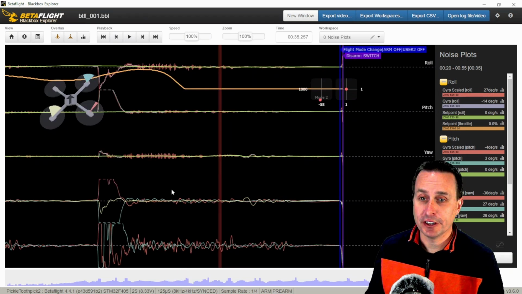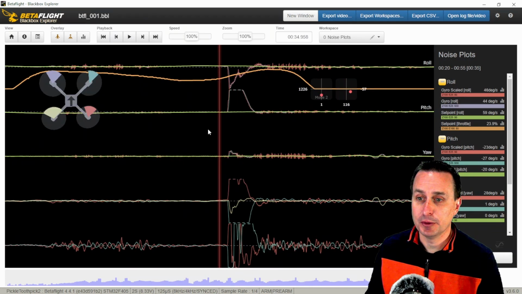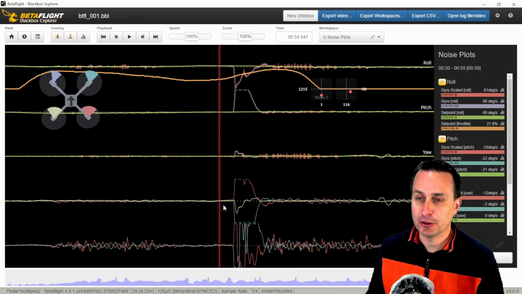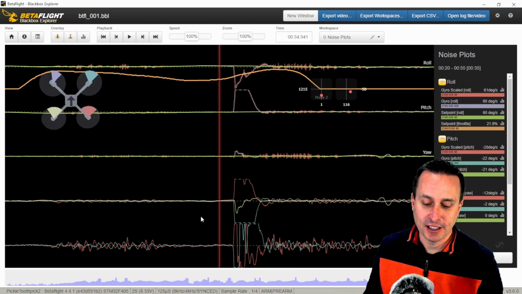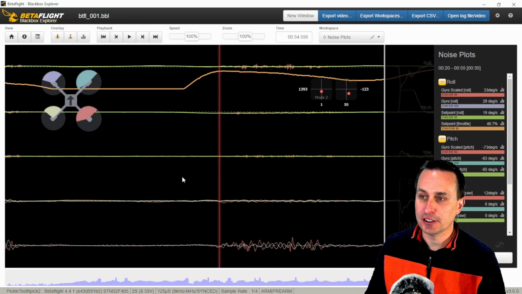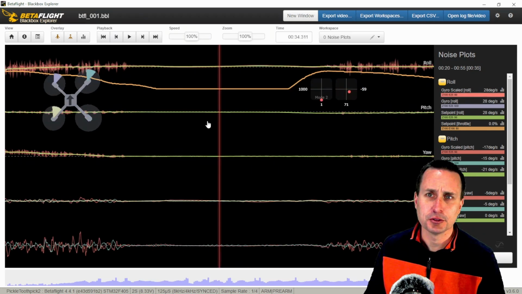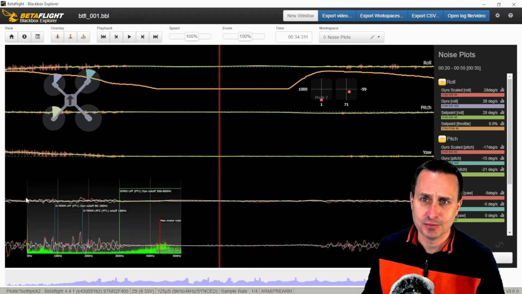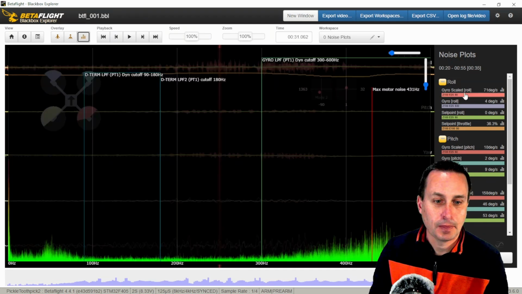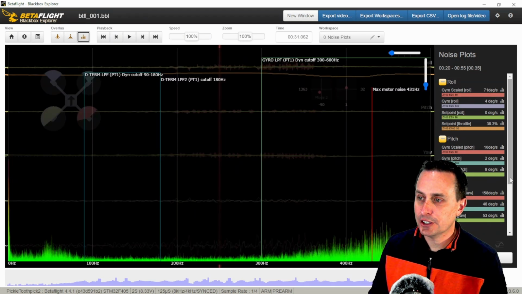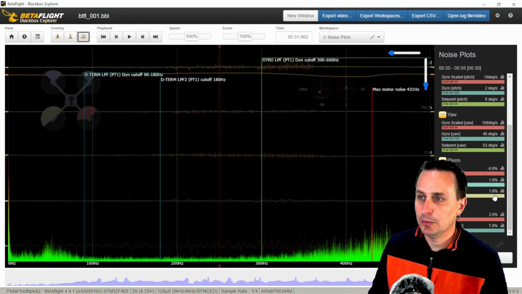Quick reminder, if you're ever looking at your own logs and you land or bounce before you disarm, make sure you always go to the back of the log before you look at any of these noise plots, and trim that off by hitting the O key, because it will skew. You'll see things in these noise plots that are just you bouncing off the ground. It doesn't look like too much here when just looking at the raw,